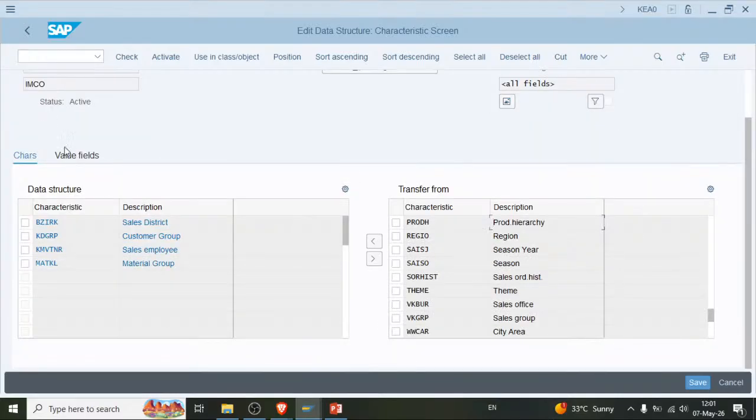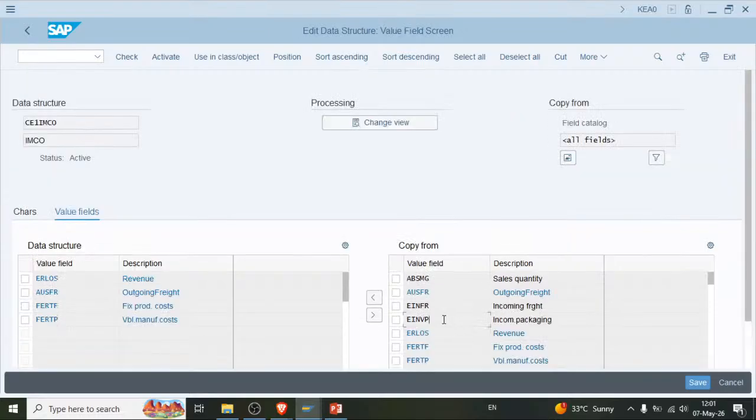Okay, value field is okay. Why is it that this